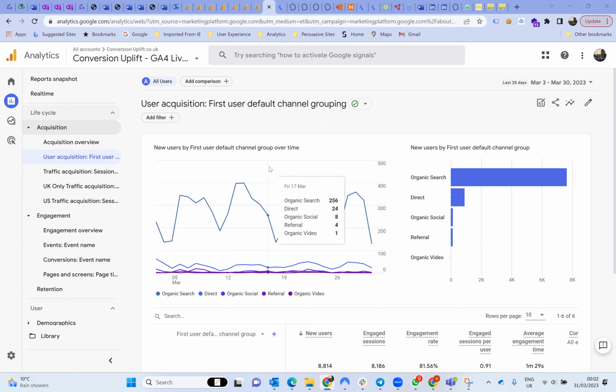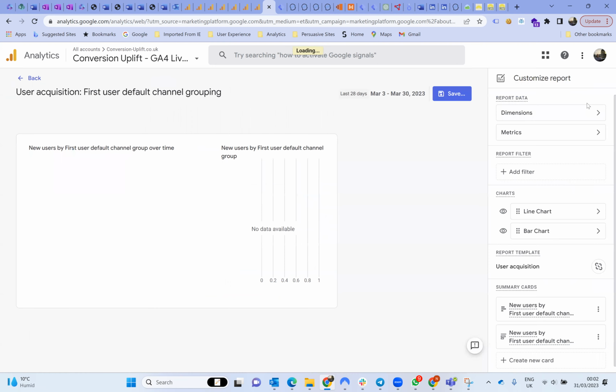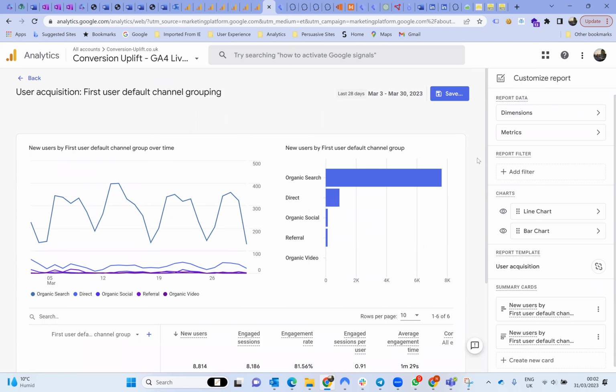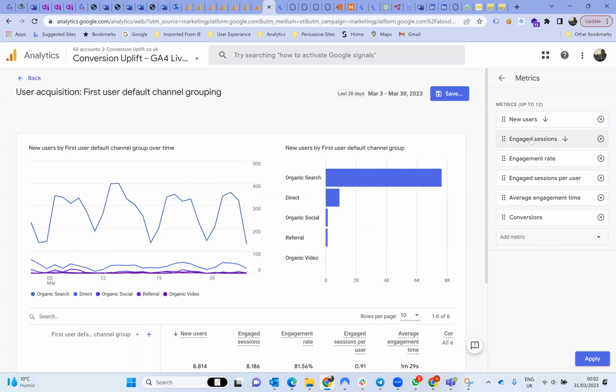Once you've done that, it's good to add certain metrics and maybe hide certain charts. I'm here in the user acquisition first user report. What you need to do is click on the customization icon here, and this takes you into the area where you can edit things. Here you can, for a start, add some metrics. The first one that isn't standard that I tend to add is the session